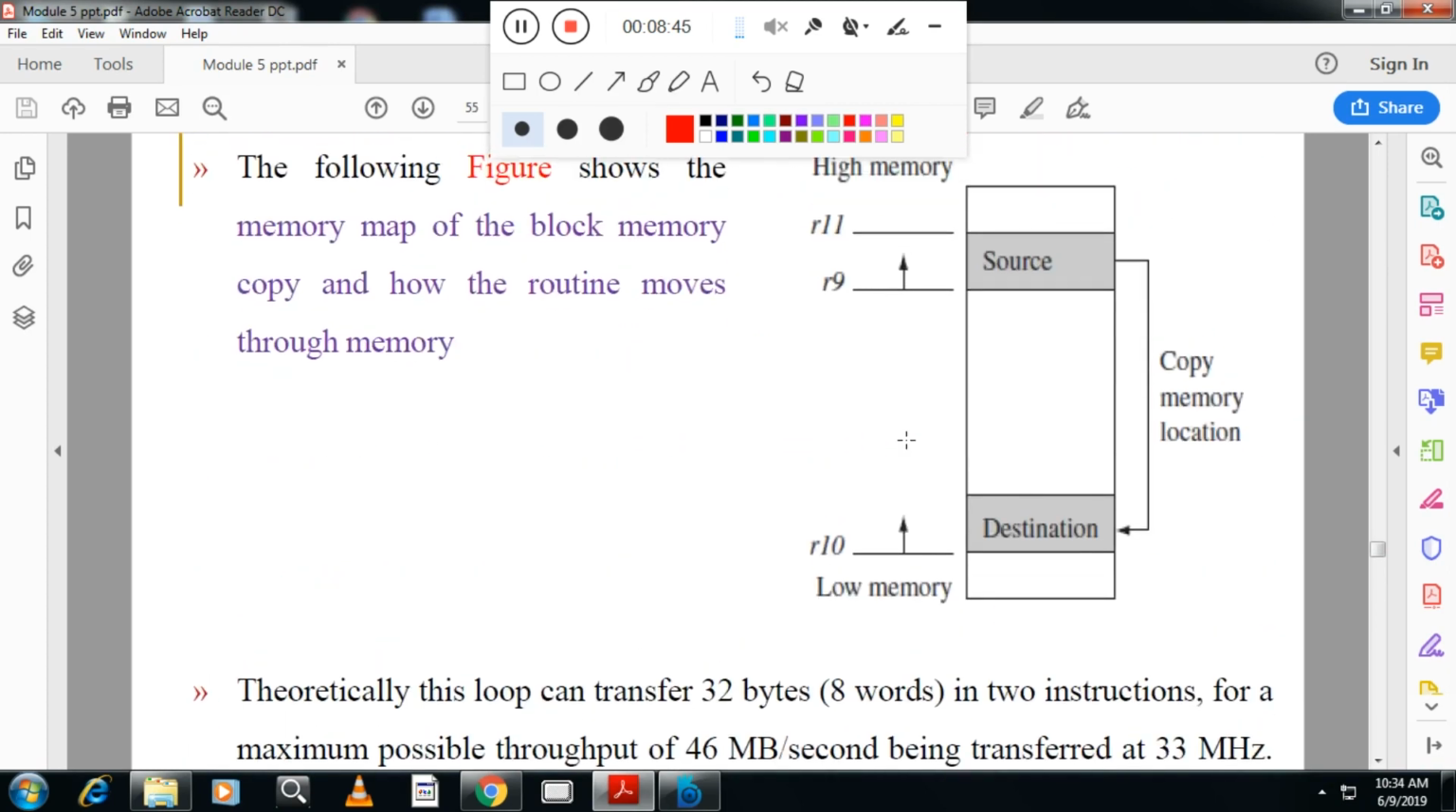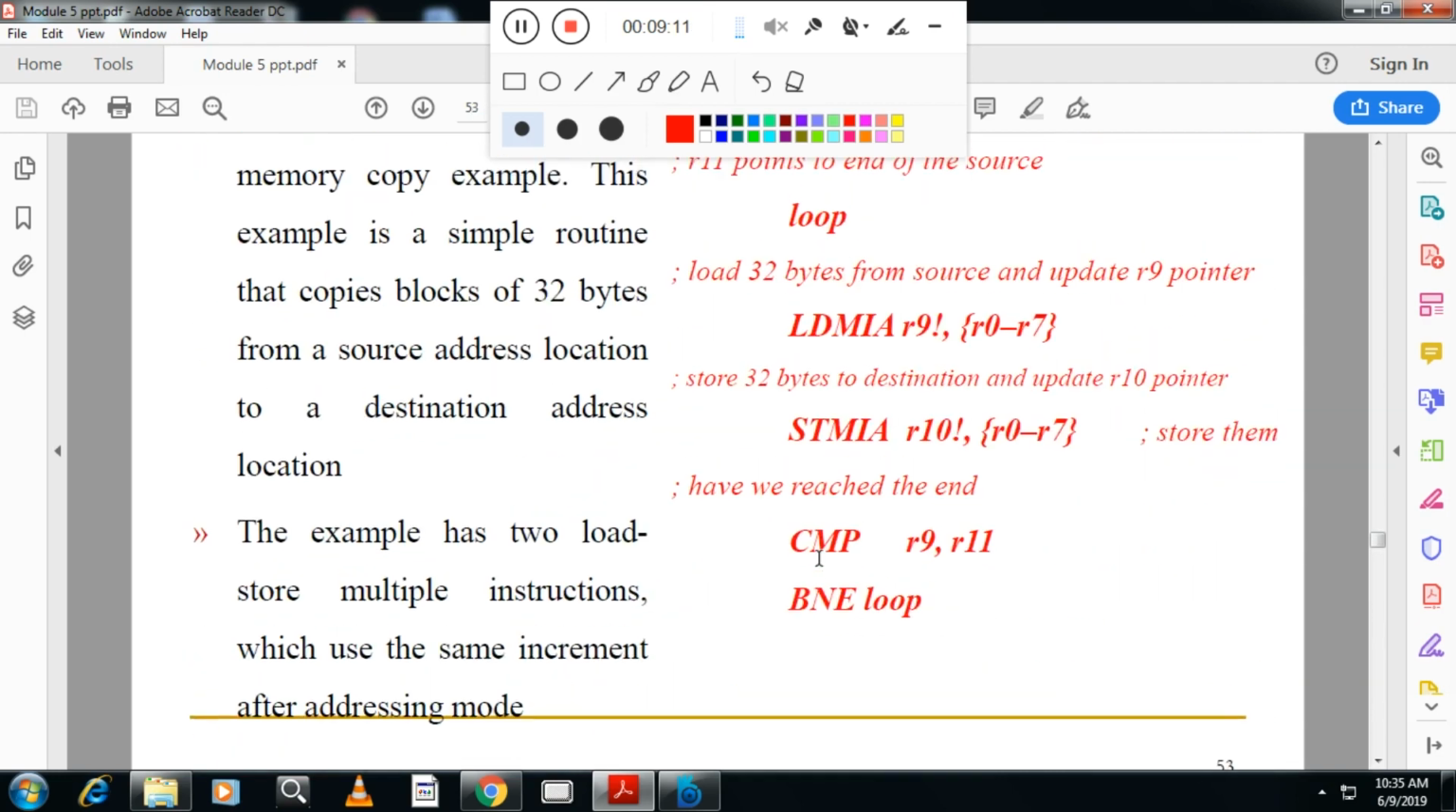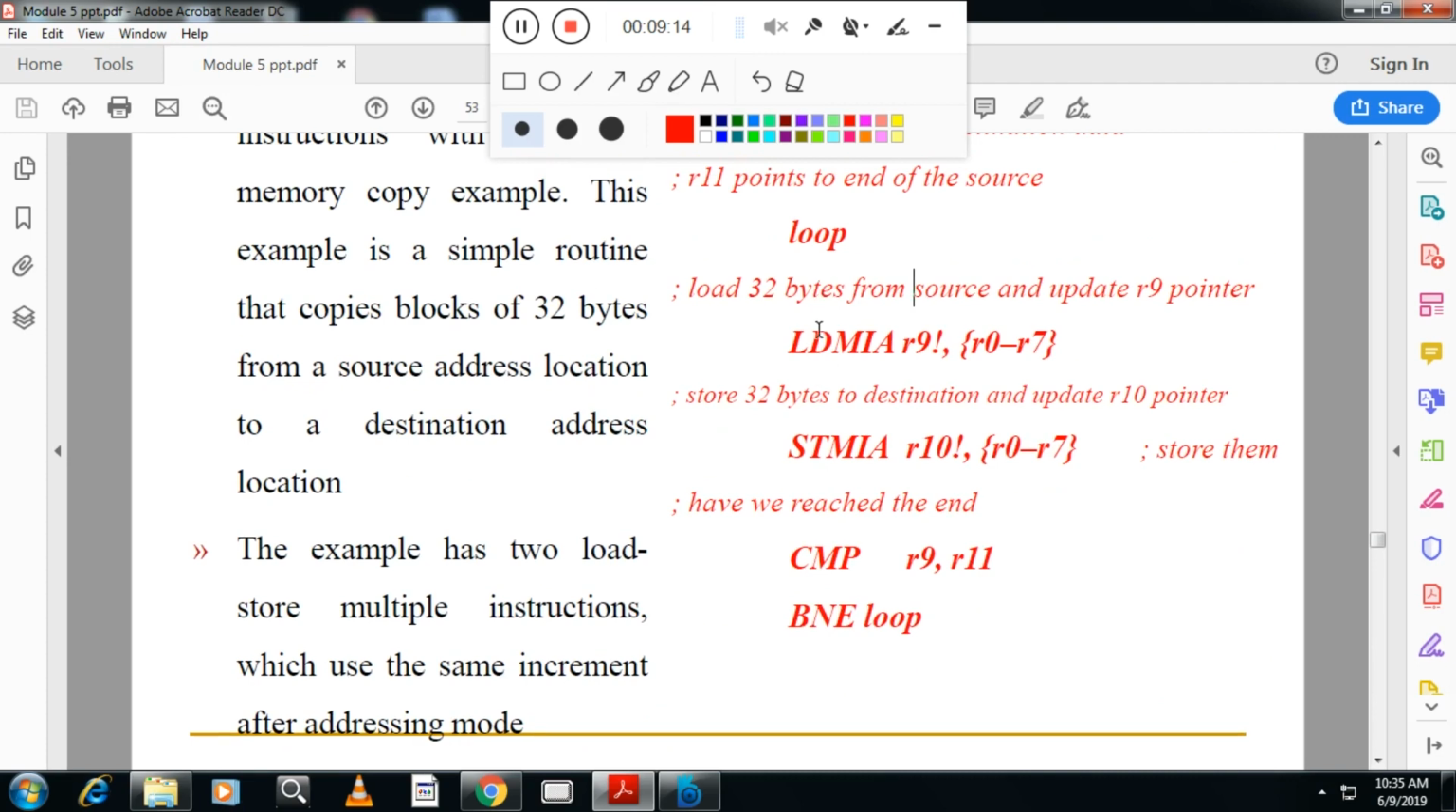Here you can see this content should be copied from here to here. So our source address is in R9 and the source end address is in R11. Destination starts in R10. I know my source content has to be copied to the destination, and the destination address is in the R10 register. So now you see here, first there is a loop. LDMIA, load M